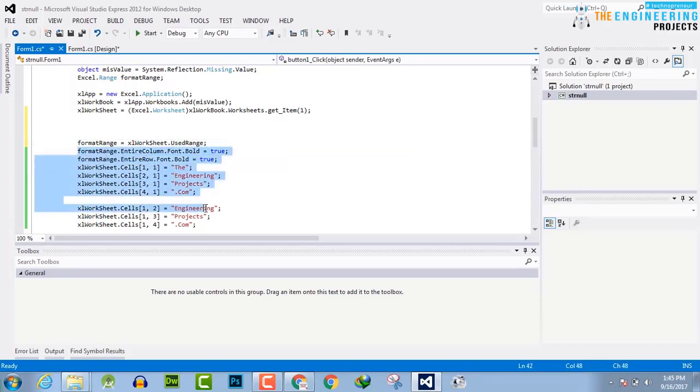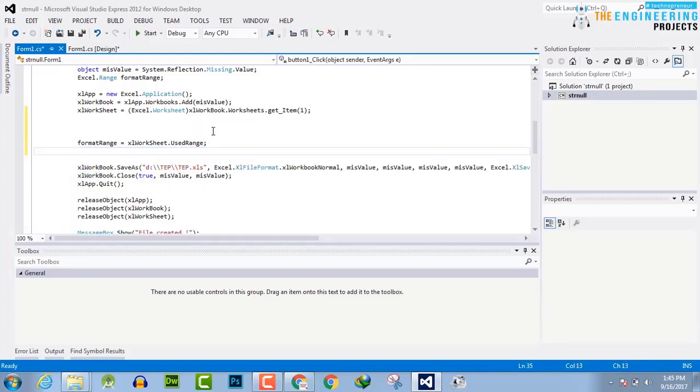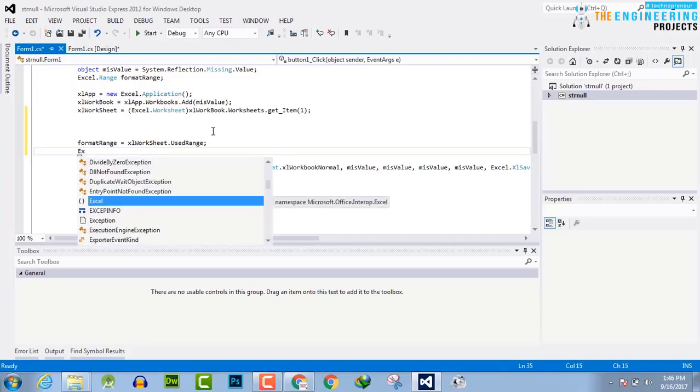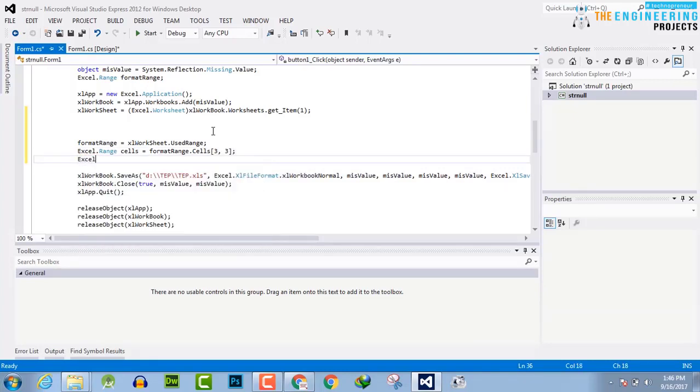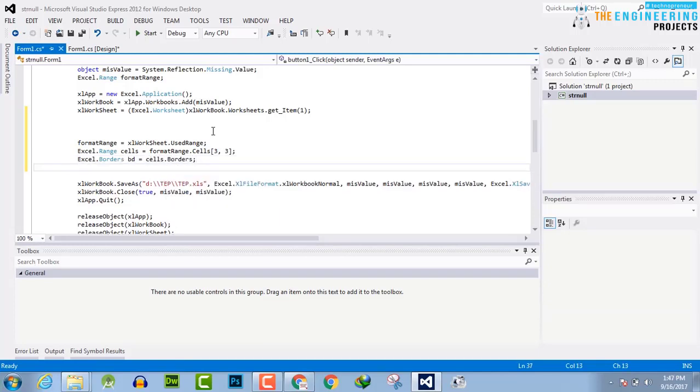Now declare the area where you want to create the border. We will say excel dot range cells is equal to the range dot cells 3 by 3, then excel border dot border bd is equal cells dot borders, then